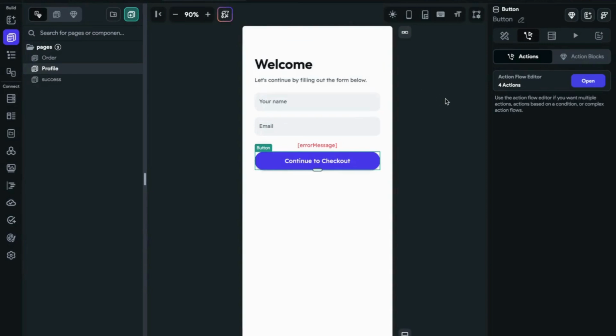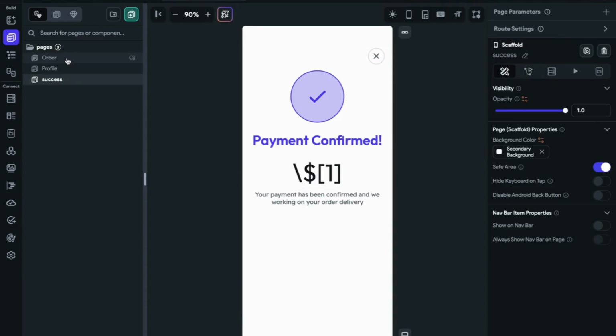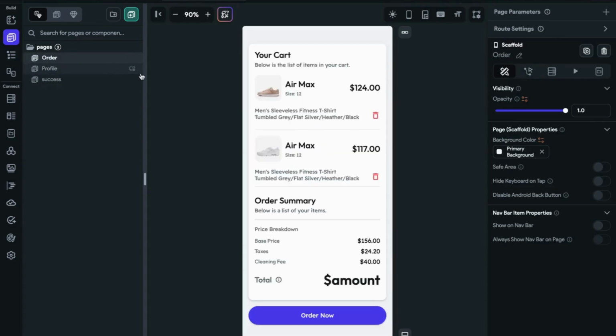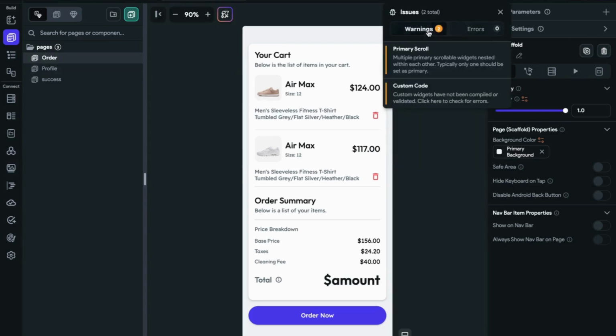So, okay, we have everything set here. When we click continue to checkout, we will see the payment interface, and after this, we will be redirected to the payment confirmed page. Next, what I actually wanted to mention,